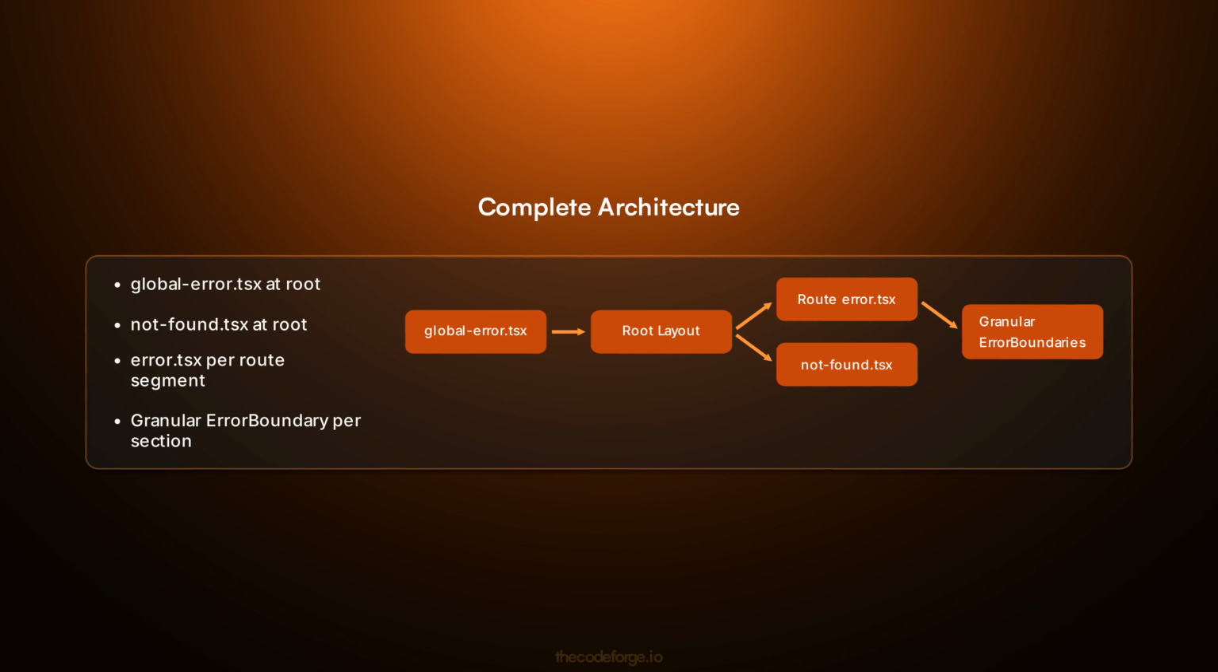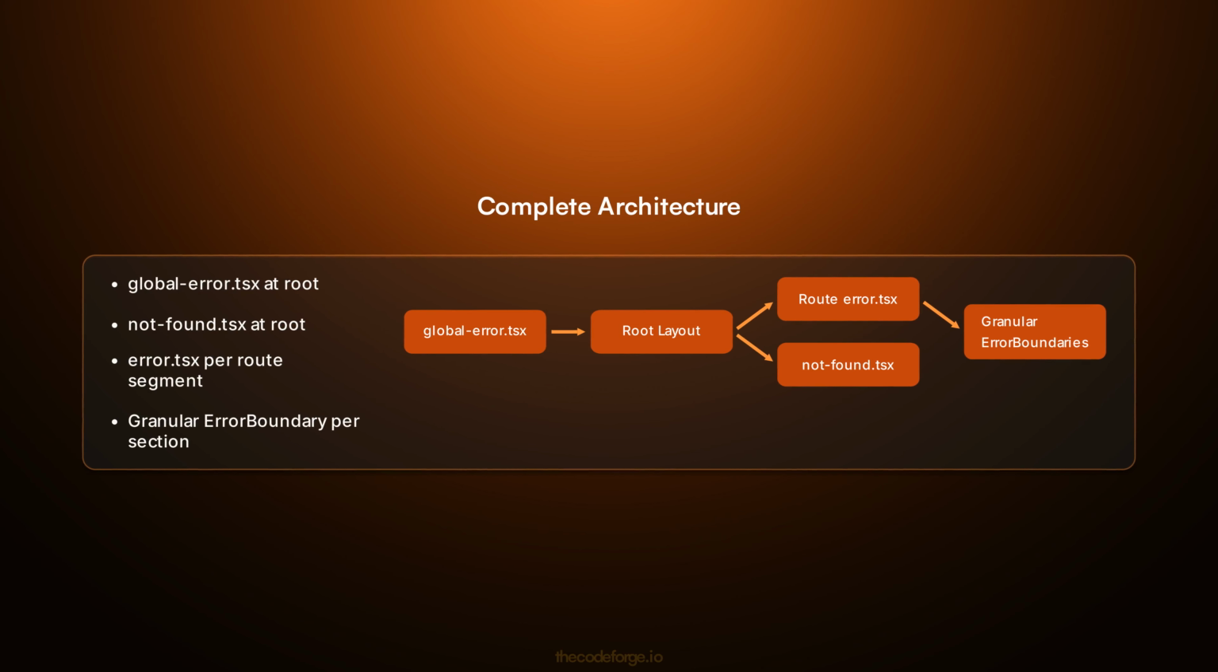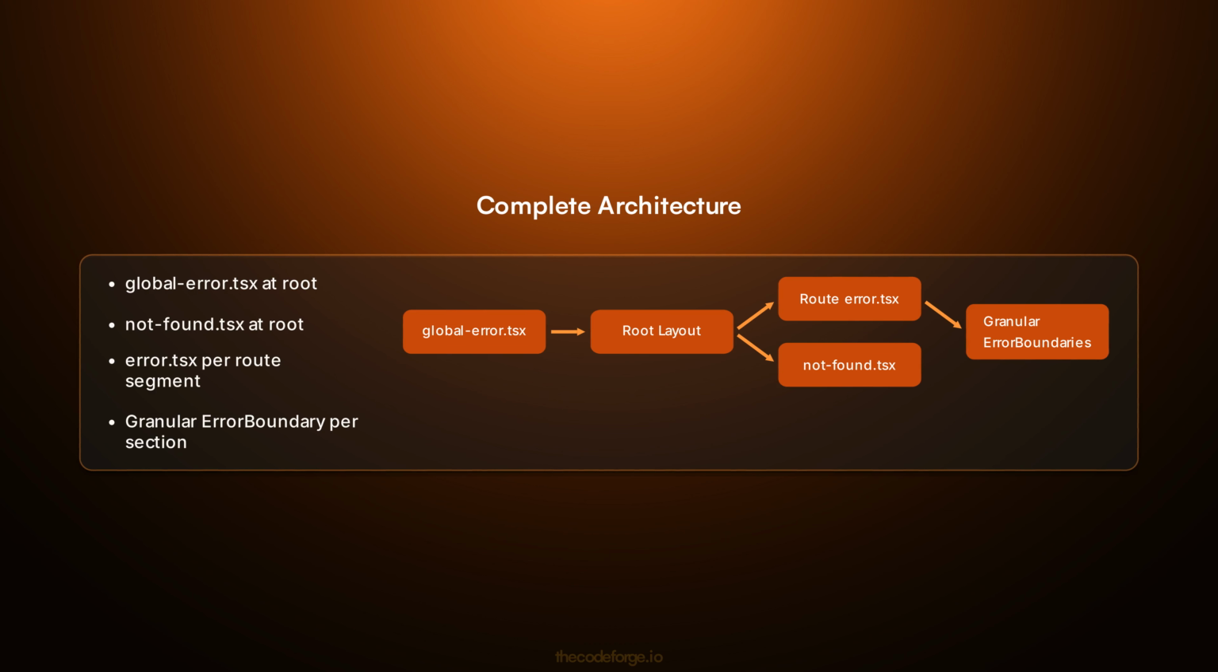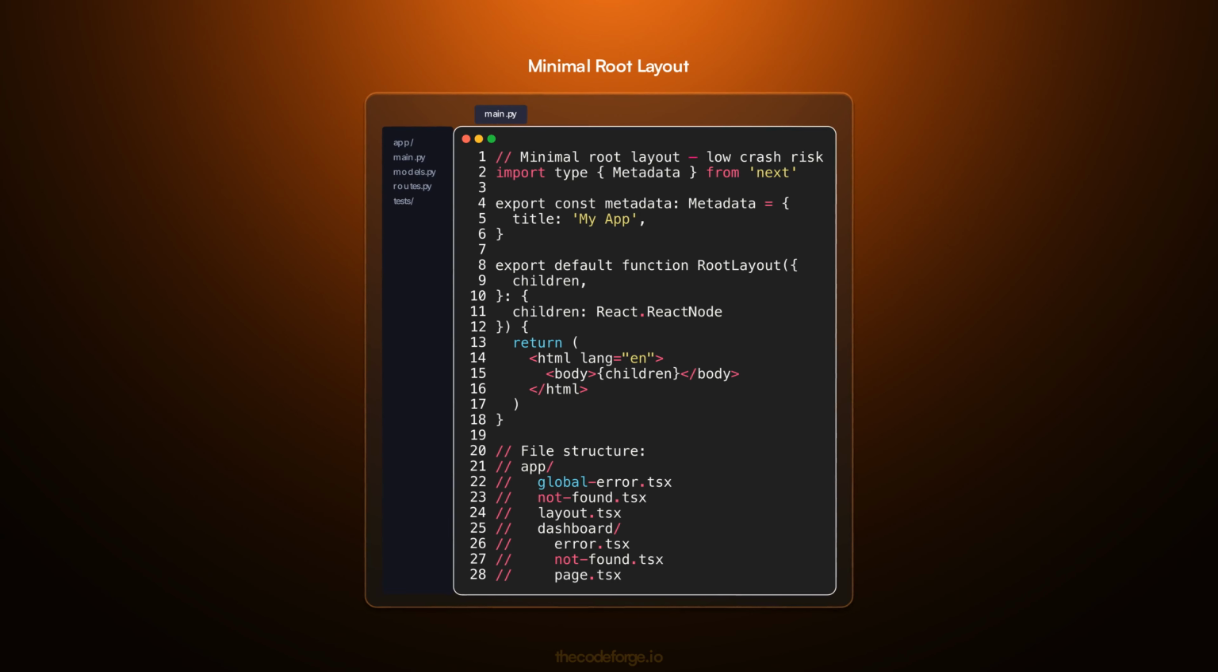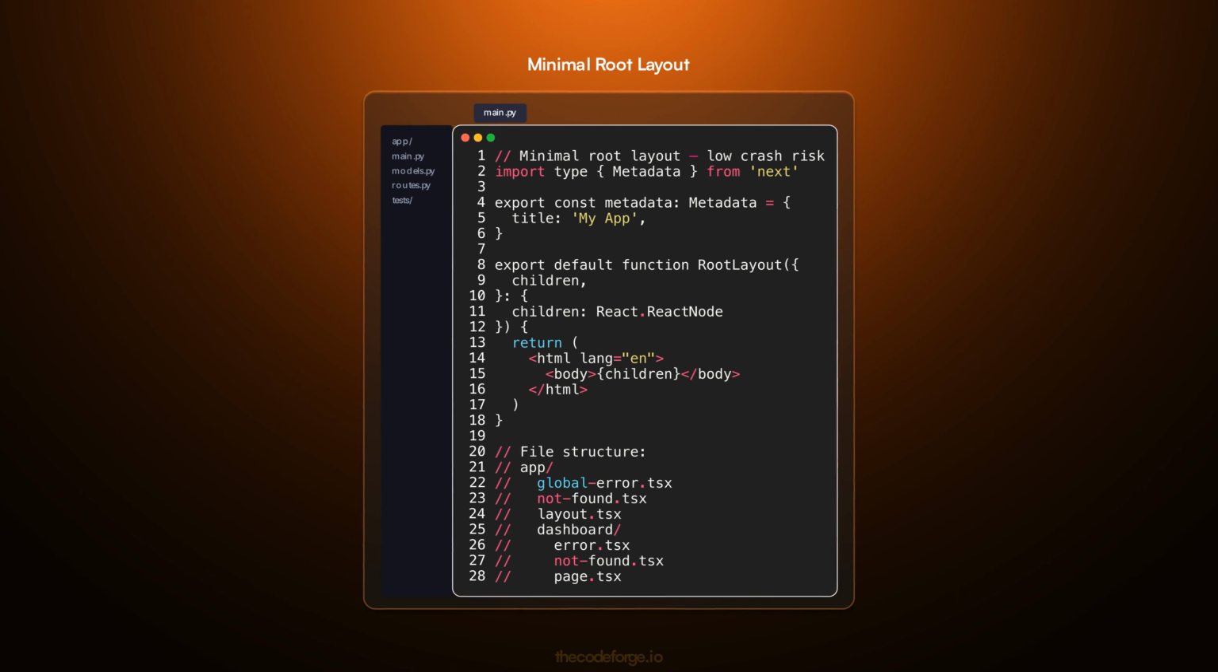Here's the production error handling stack. global-error.tsx at the root catches layout crashes. not-found.tsx at the root catches unmatched routes. Each route segment with data fetches has error.tsx with Sentry logging. Each page with independent sections has granular error boundary wrappers. Keep the root layout minimal to reduce crash risk. The file structure shows the layered approach: global-error.tsx, layout error.tsx, route error.tsx, granular error boundaries, all